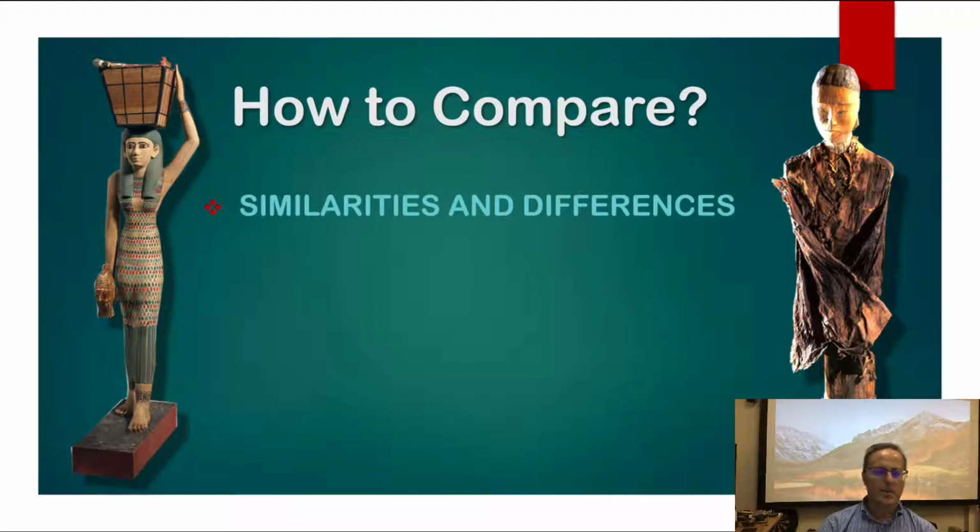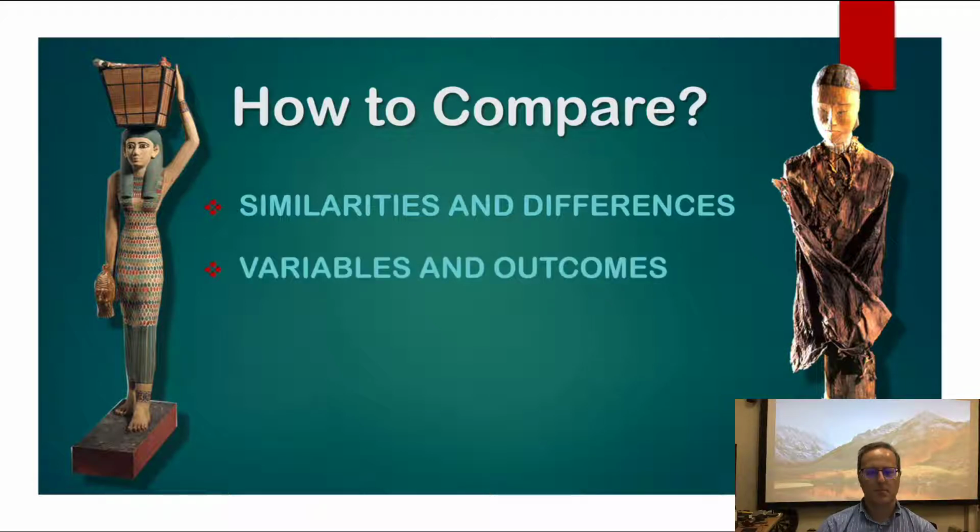Well, in comparative study, everything is usually based on an assessment of similarities and differences, certain similar traits that they may have, as well as distinguishing certain differences. But how these are assessed, this determines the actual methodology of comparison. So in comparative study, we have certain variables that lead into each situation, and then certain outcomes, how things turn out. So you might have a difference in the variables in a situation which lead to divergent outcomes, or you might have a similarity of variables which lead to convergent or similar outcomes.